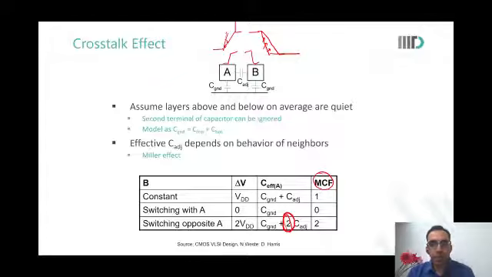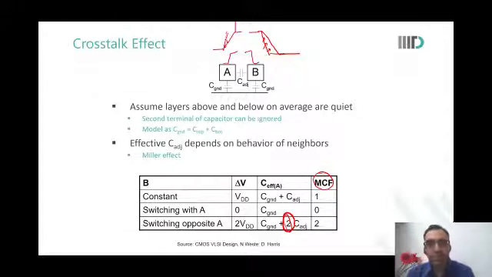Sir, breaking it into fingers, as Devjit asked, is a kind of smart thing to do, since both the signals would go in the same direction and the capacitance would eventually decrease. Yeah, that is why we discussed breaking devices into fingers, because it can help many times. But you will see there is a sweet spot there. If you break it into too many fingers, that also doesn't help, because then the overall parasitics because of sidewall capacitance start to increase. Just do an experiment, you will see. You can try it on paper itself.